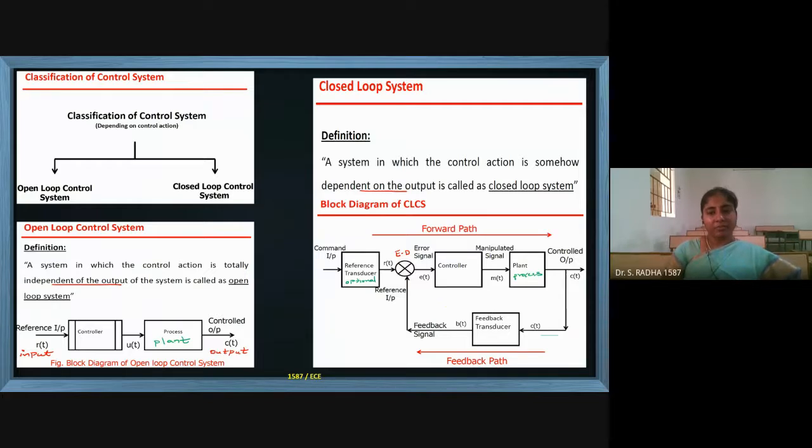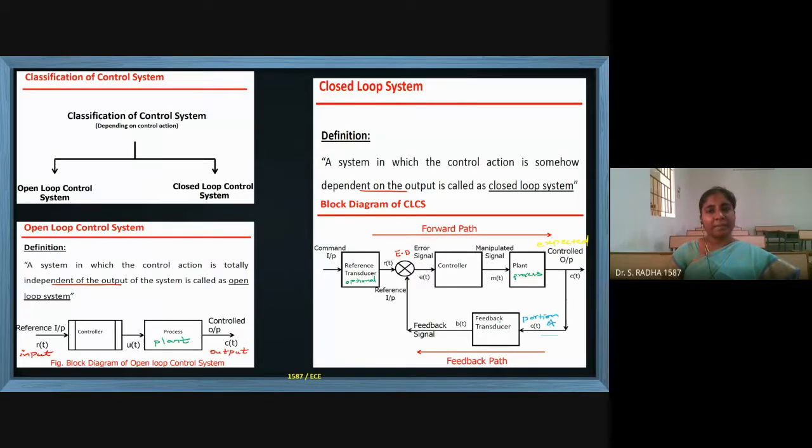Without feedback, we are getting some output, but we need the expected output. If it is not obtained, a portion of C of t is taken,